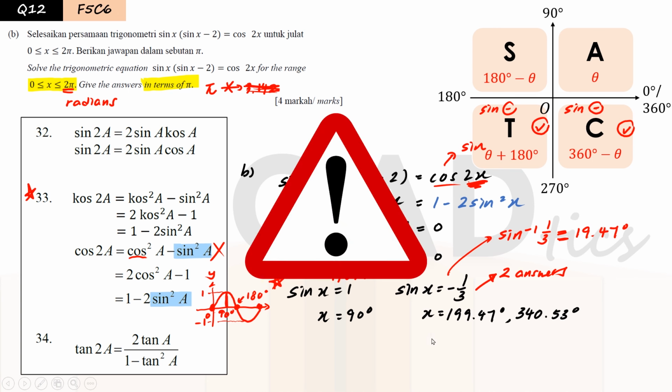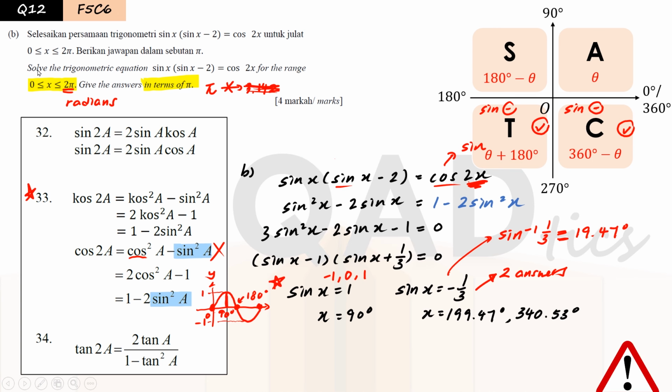Now we need to go back to our question here, because it says x must be within 0 to 2 pi, which means it must be in radians. So for all of the answers that we have gotten just now, we need to change them into radians. So what we need to do is, for each of the values here, we multiply by pi